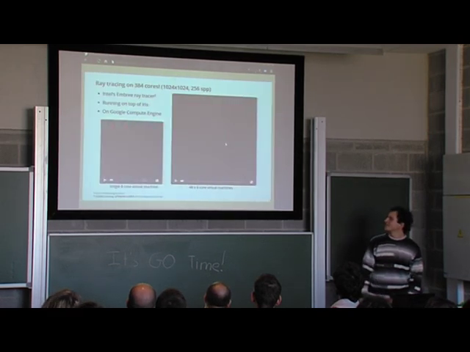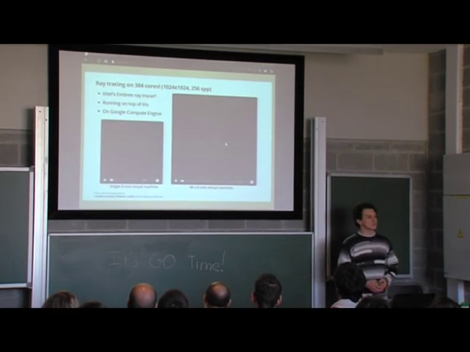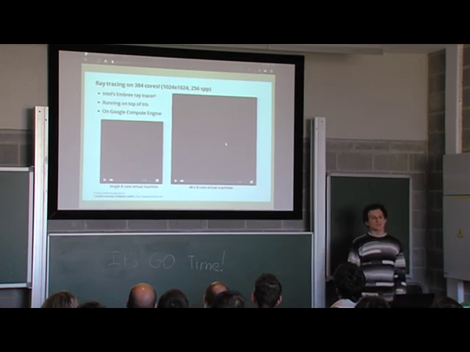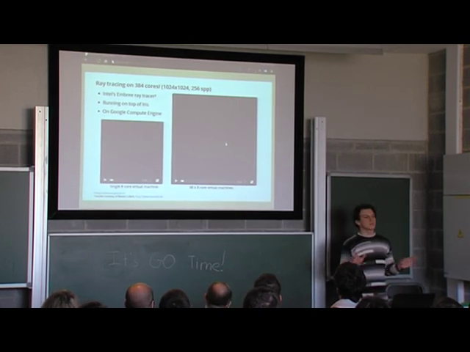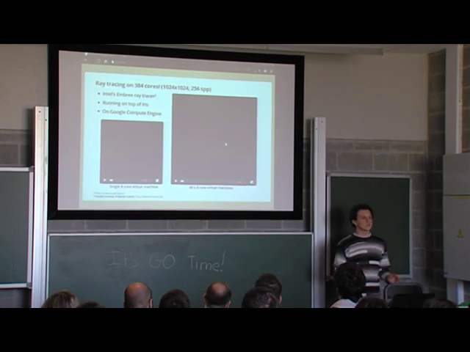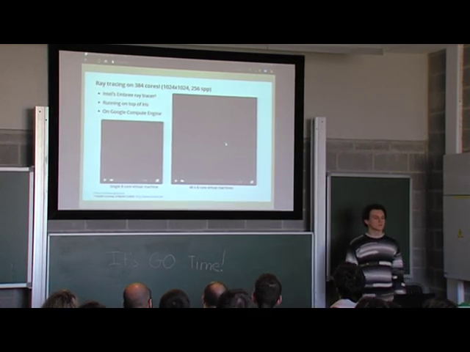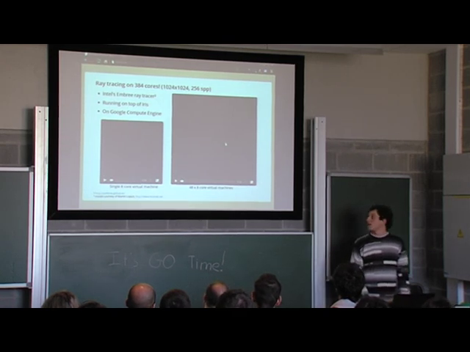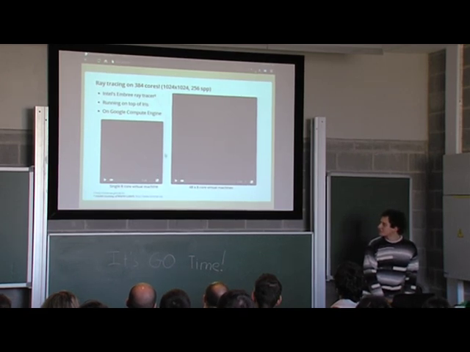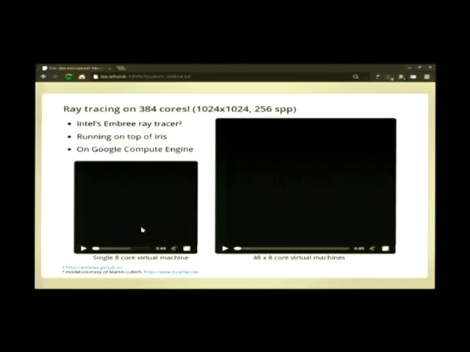And so I took Intel's Embree ray tracer. It is a really fast ray tracer that runs on the CPU. I don't know if everybody knows what a ray tracer is. You can get really nice, physically based renderings of scenes. And so I wanted to distribute that on top of Iris. So what I did is I converted Embree's ray tracer into a tile tracer, meaning that not the whole scene is rendered at once, but only individual tiles. And if I were to render the Austrian crown, for which the copyright is somewhere here,